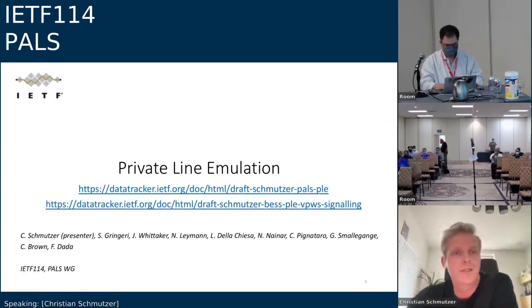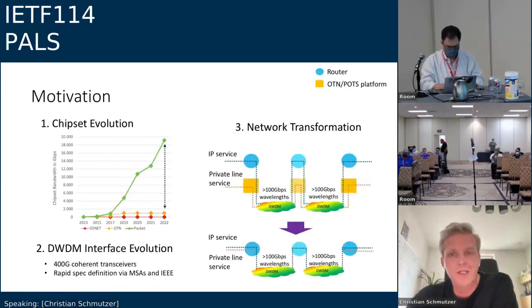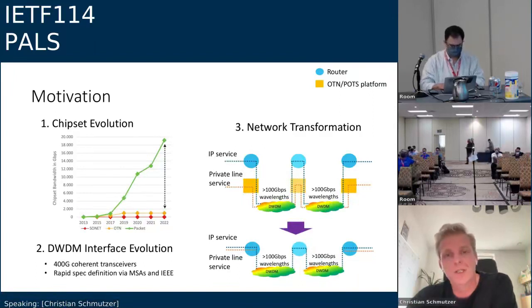We can go to the next slide. Some of you may wonder why such a PALS-ish draft and a very TDM-centric draft. There's something happening at the lower layer of the transport. What is actually happening is that packet switching, through the innovation in silicon, is becoming the most cost-effective way to switch information at the electrical level.